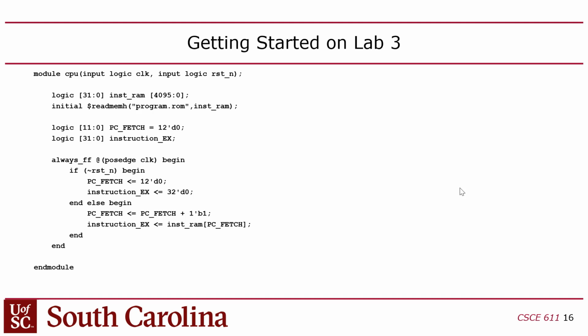And then the initial statement there is going to allow you to initialize that RAM with a program.rom, which is actually just the code that you can export from RARS. So you write your code in RARS, you export it, and it becomes a hexadecimal text file. And that hexadecimal text file is already in the right format for SystemVerilog to consume and put in. Just a bunch of 32-bit hex values on one line each. Right? It's just the hex dump from RARS, right?